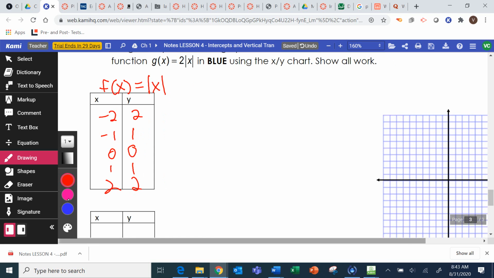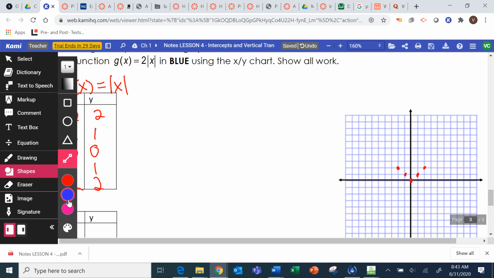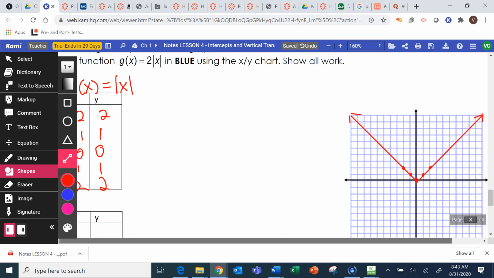When we graph that, it makes a V shape. If you're using your shapes to draw lines, then just draw 2 lines. Oops, that was supposed to be red. Draw 2 lines that meet at 0, 0. Absolute value. So now what we're going to do is we're going to do the function